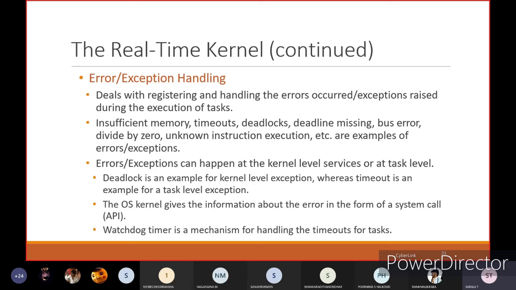And the operating system kernel gives the information about the error in the form of a system call. And the watchdog timer is a mechanism for handling the timeouts for a task. If any timeout occurs related to a task, then the watchdog timer will